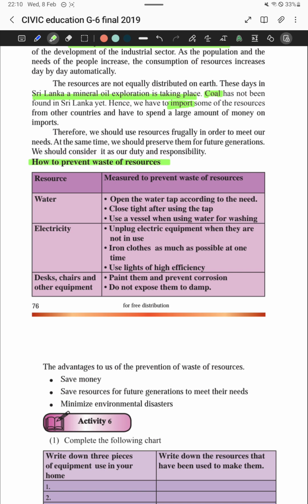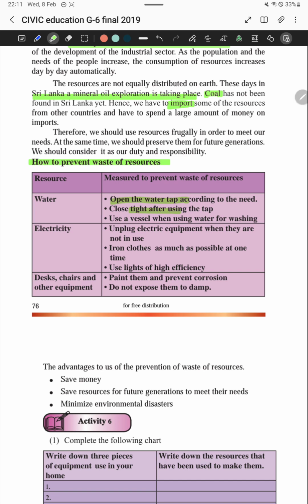For example, water: open the water tap according to the need. Don't open your water tap every time. And the other thing, close it tight after using the tap. When you use your tap after drinking water, please tightly close it off, right? And then you use a vessel when using water for washing. That means don't just put it under the tap and wash. You must have a bucket or something like that and pour the water, and then you wash yourself,